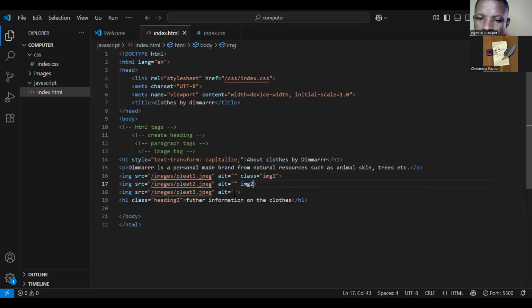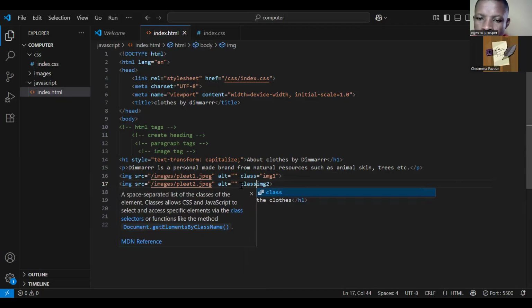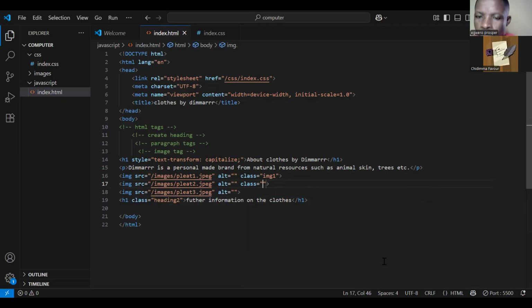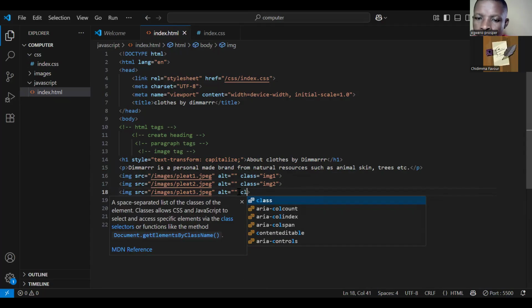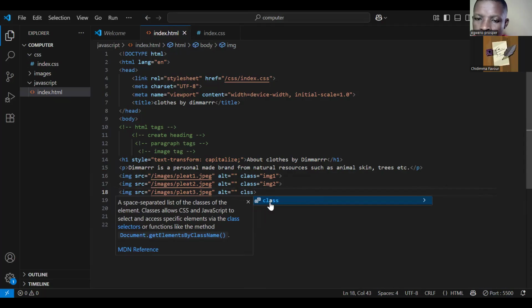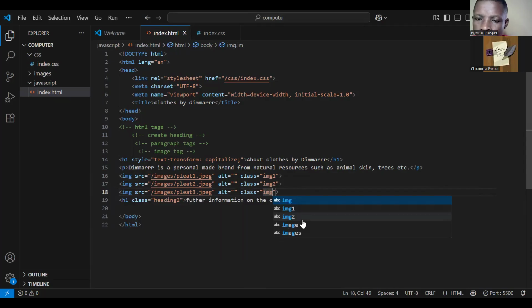Class first. Same thing for the third one, IMG3. Now, since I've differentiated all of them,